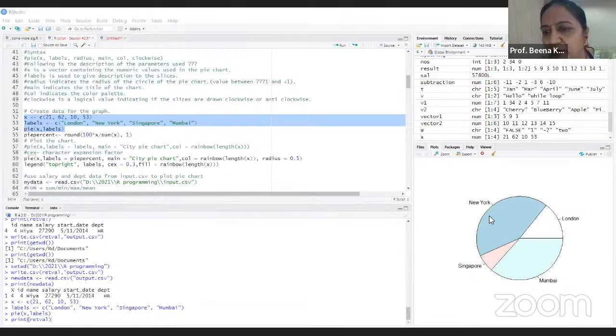So that is New York, London, Mumbai, Singapore. New York has the maximum contribution, so it's giving this much. The second one is Mumbai, so it is this much. Then London, and Singapore, the lowest one. But if I want to show the percentage, how much percentage over here, then